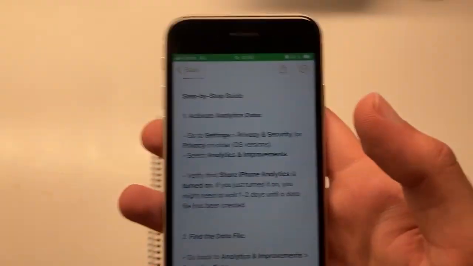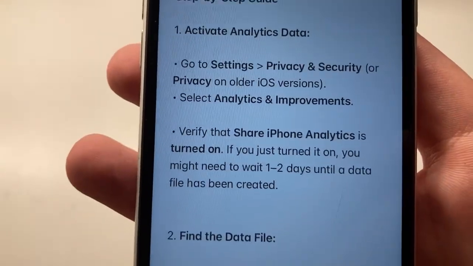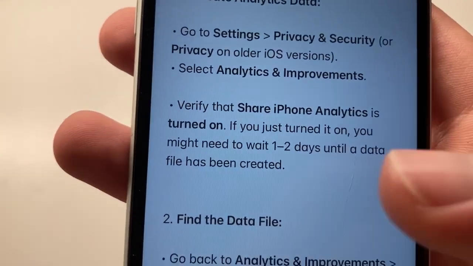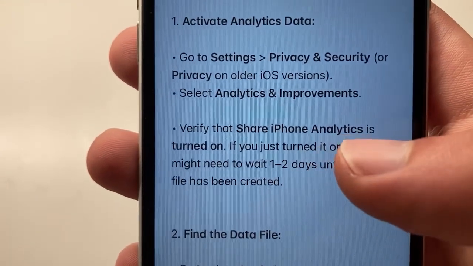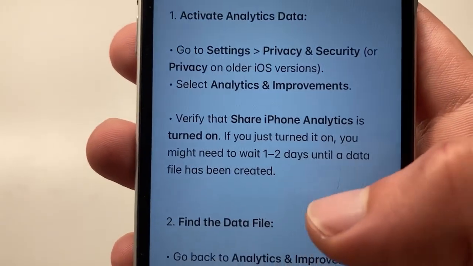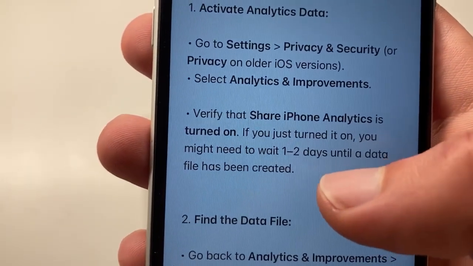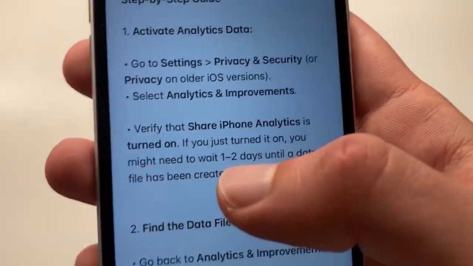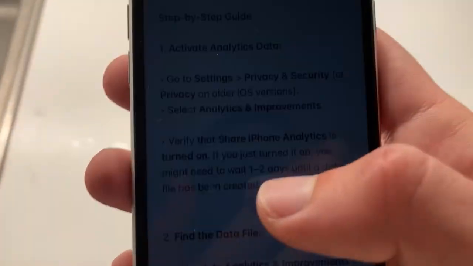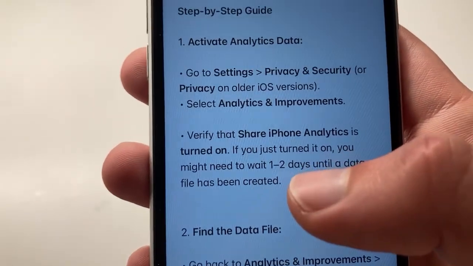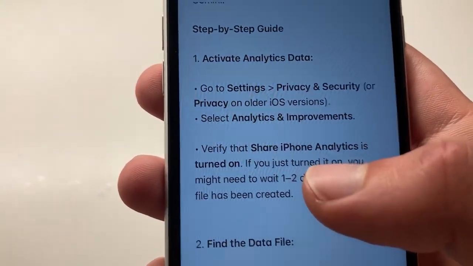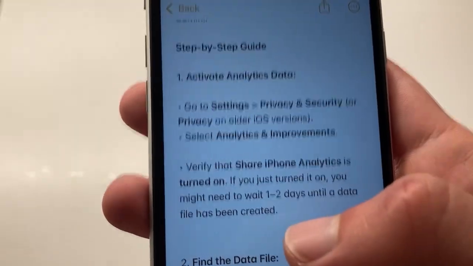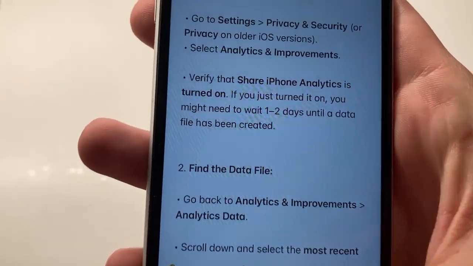So here's my step-by-step guide. Go to settings, go to privacy and security. Make sure, verify the share iPhone analytics is turned on. And then if it's not, you have to wait 1 to 2 days until a data file has been created. So you get like a data file every day, I think, a new one. So it should be at the top, and then with the latest date, pick that one, tap share, save to files, paste it into